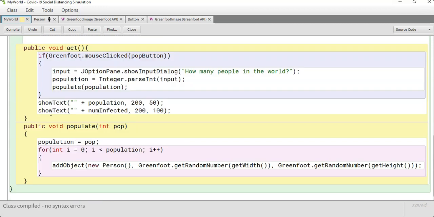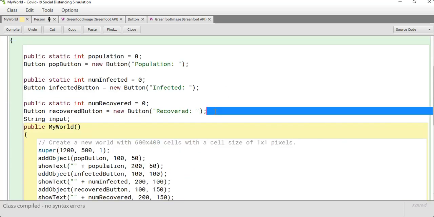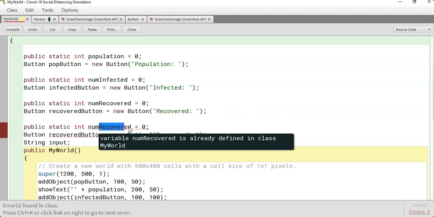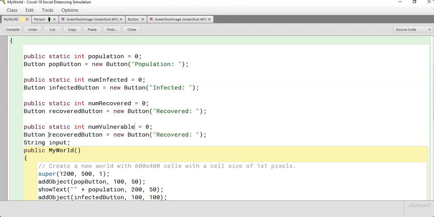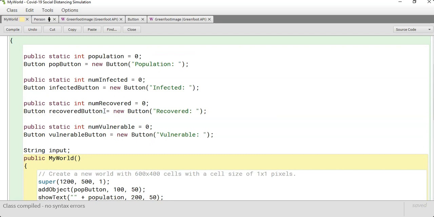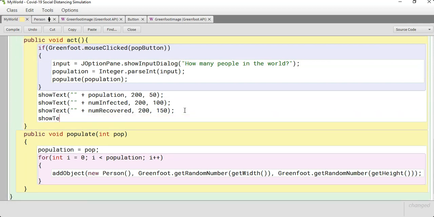So my number recovered needs to show up in the text as well. So I have it needs to be in the act method as well. You could quickly create a num vulnerable, and all you'd have to do is do math vulnerable lowercase v, and call this vulnerable, and these would only be the ones that haven't been infected and haven't recovered. Okay, so in your entire population, how many have not been infected, essentially, because those are the ones that are vulnerable. So all you'd have to do here is do show text